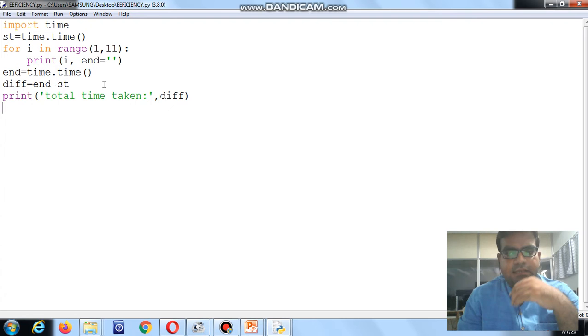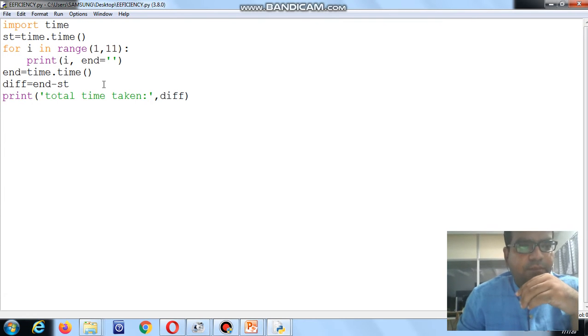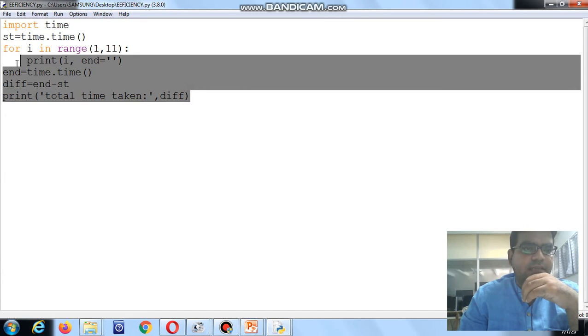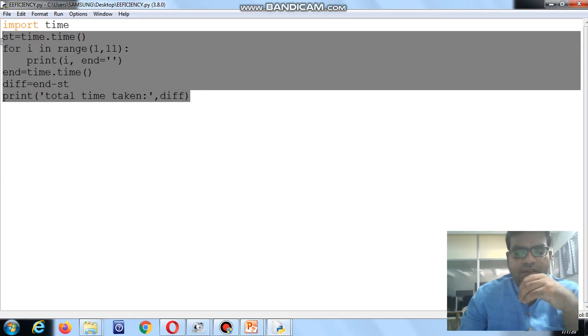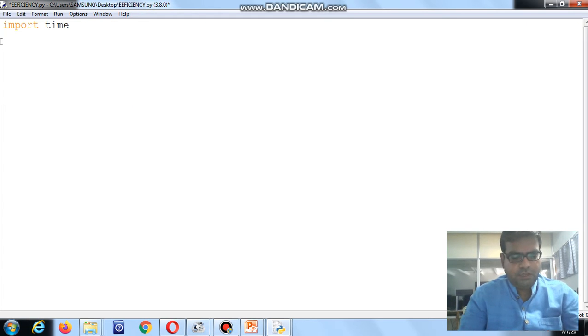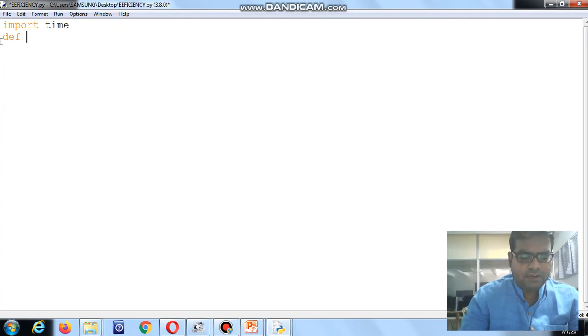Now second thing is, as we know, every problem has different solutions. Suppose to print numbers 1 to 10 or 1 to n, we can use the for loop and the while loop. So now let us see which loop is the efficient loop. Suppose using the for loop, we make a function f1 and we pass the number n.